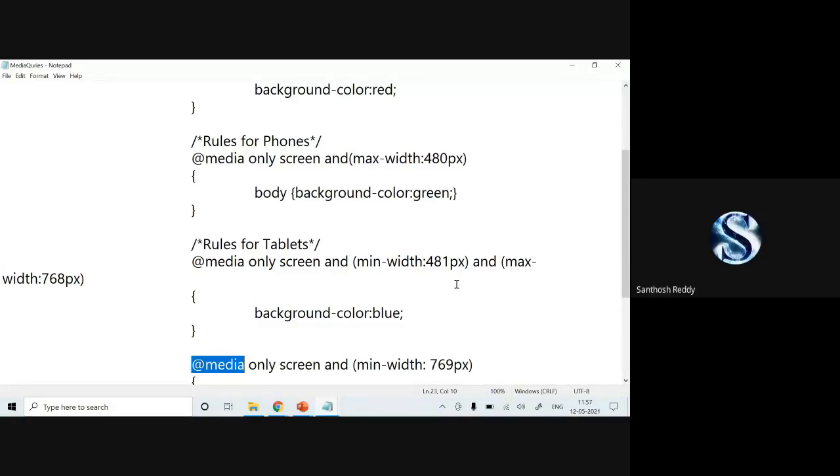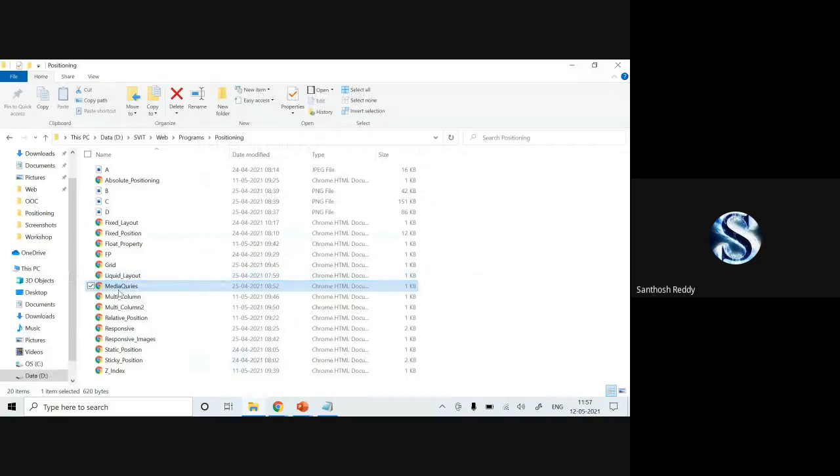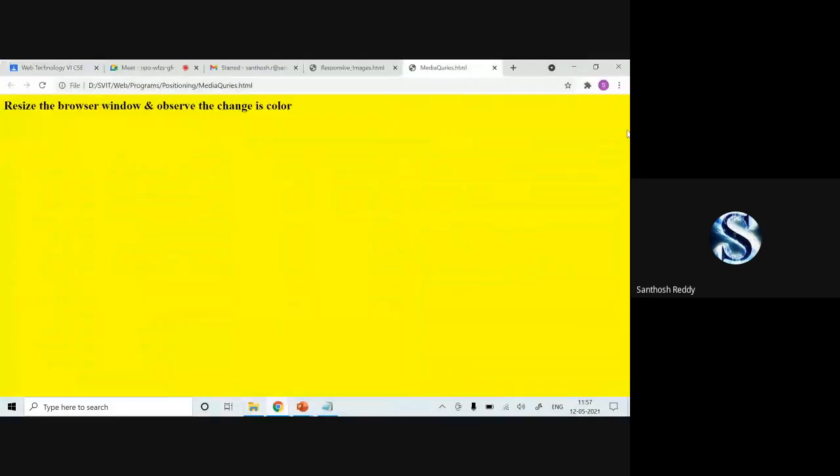Yes, sir. Okay, fine. So when I execute this code, you can check how it applies your properties. Usually for this it is yellow color.